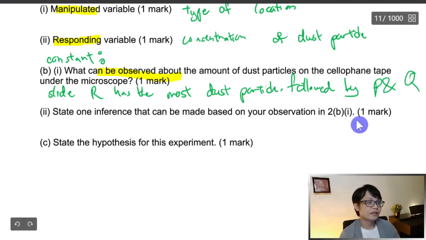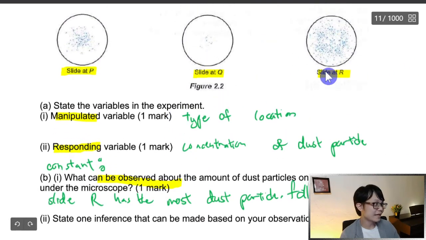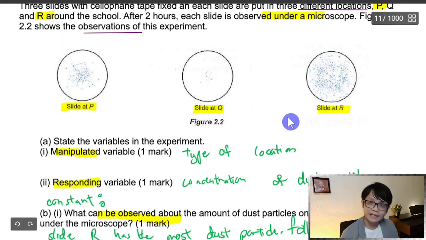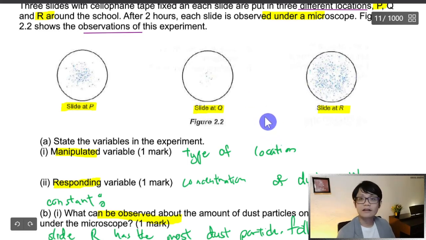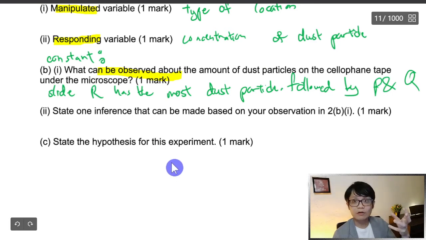Step 1: inference can be observed. After you see the observation, what are the things that you can conclude? I can conclude that slide R is placed in the more polluted location. Correct or not? This is an inference. We don't say it's absolute fact, because in an experiment there is no 100% guarantee that your experiment is truly fair, but an inference is when we see something and we know that okay,